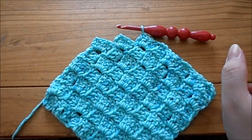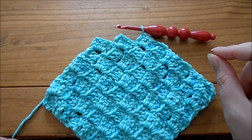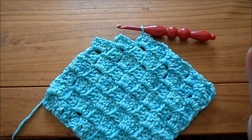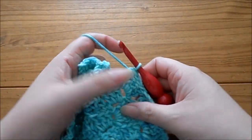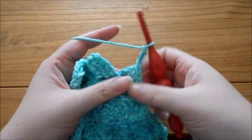Okay, I actually only have 2 rows left, but that's okay. That's the point I wanted to get to, so I can show you the last few rows so that you can see it on camera. It gets looking a little weird when you're ending going, is it right or not? So I'm going to do my last 2 blocks